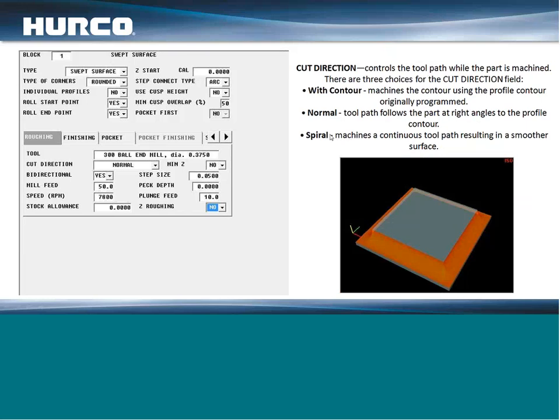We also have a spiral cut direction in swept surface. What this will be is a constant ramp from start to finish. So you're going to have an XYZ toolpath here. It'll just continually ramp down the part as it cuts. Because of this new cut direction,